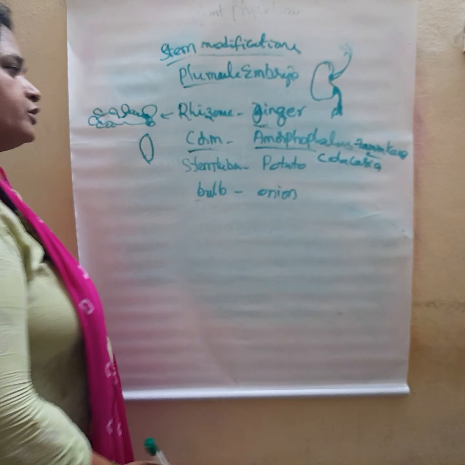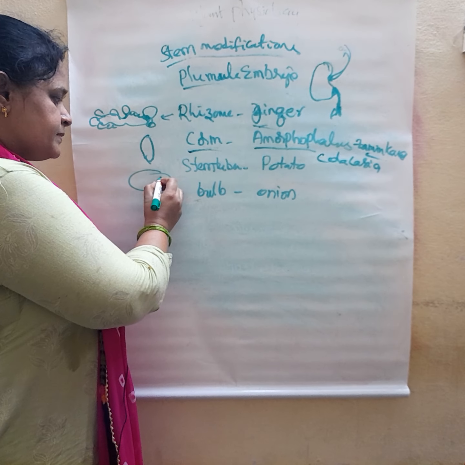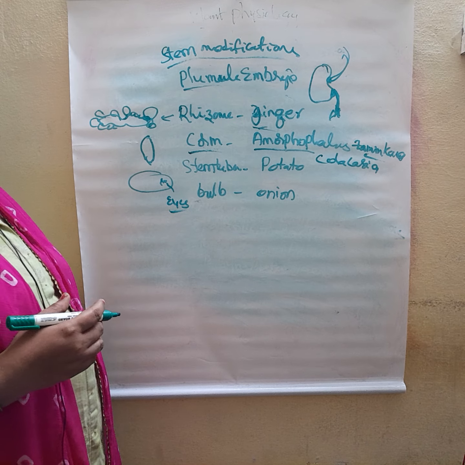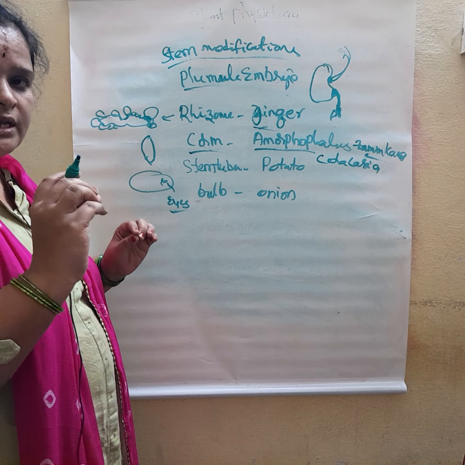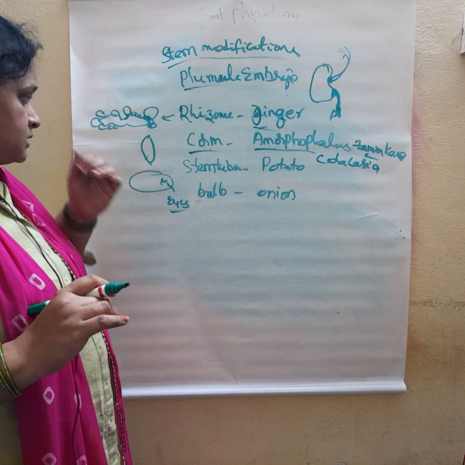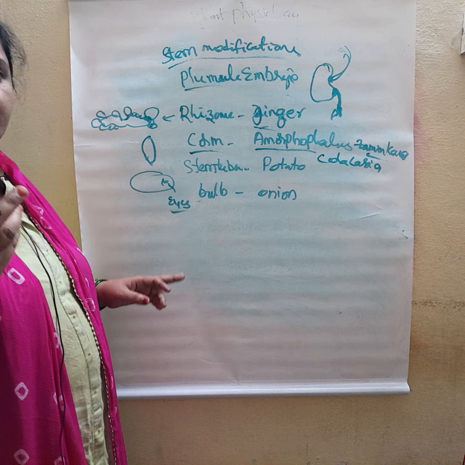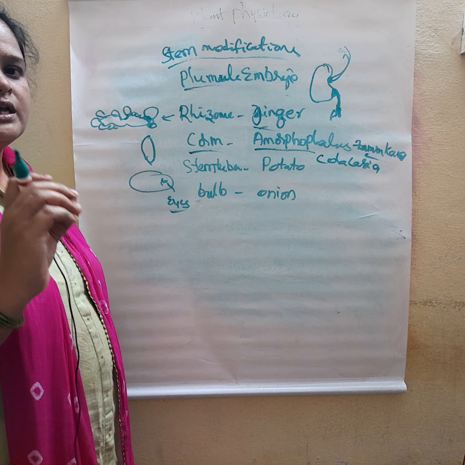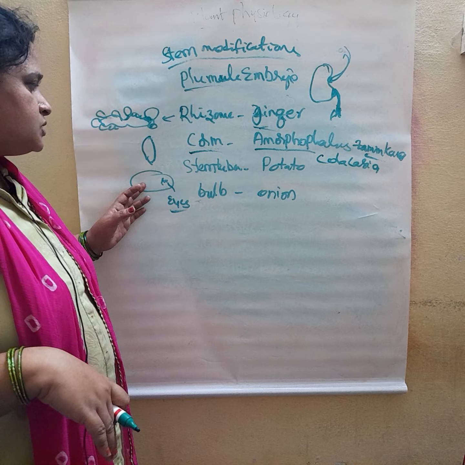Stem tuber means the stem is underground and has scale leaves, and specialized structures called eyes are there. Eyes are the reproductive parts of the stem tuber. All these store food materials. Underground stem is mainly concerned with food material, long living capacity, and vegetative reproduction. So the stem tuber has specialized structures called eyes. A potato has small eye-like structures. These eyes are the reproductive parts. If you cut the eye and grow it in the soil, it will develop into a new plant. So that is the stem tuber.